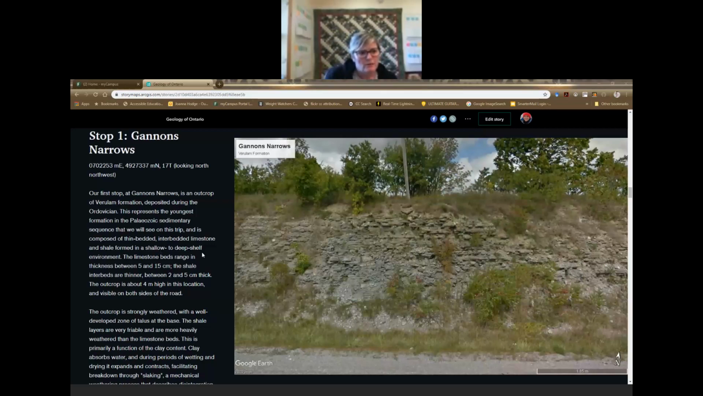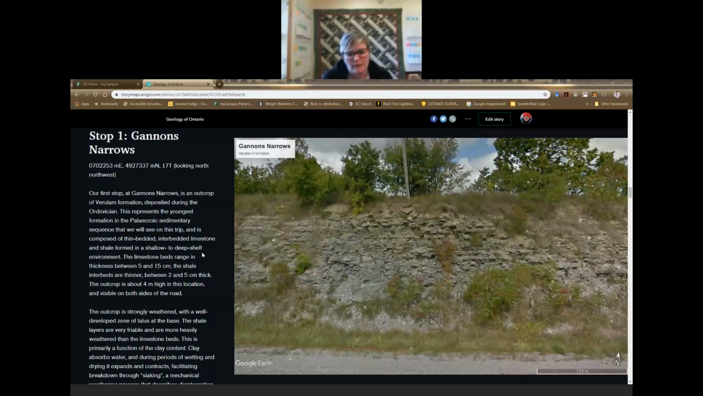If you're following along on Google Earth, you can click into Stop 1, Gannon's Narrows, and you can drop the little person down onto the road, and you can actually have a look at the location here. So this is an outcrop of Verulam Formation, and this is the youngest material that we'll see on the field trip. It was deposited during the Ordovician, and what we're looking at is an outcrop of thin-bedded, interbedded limestone and